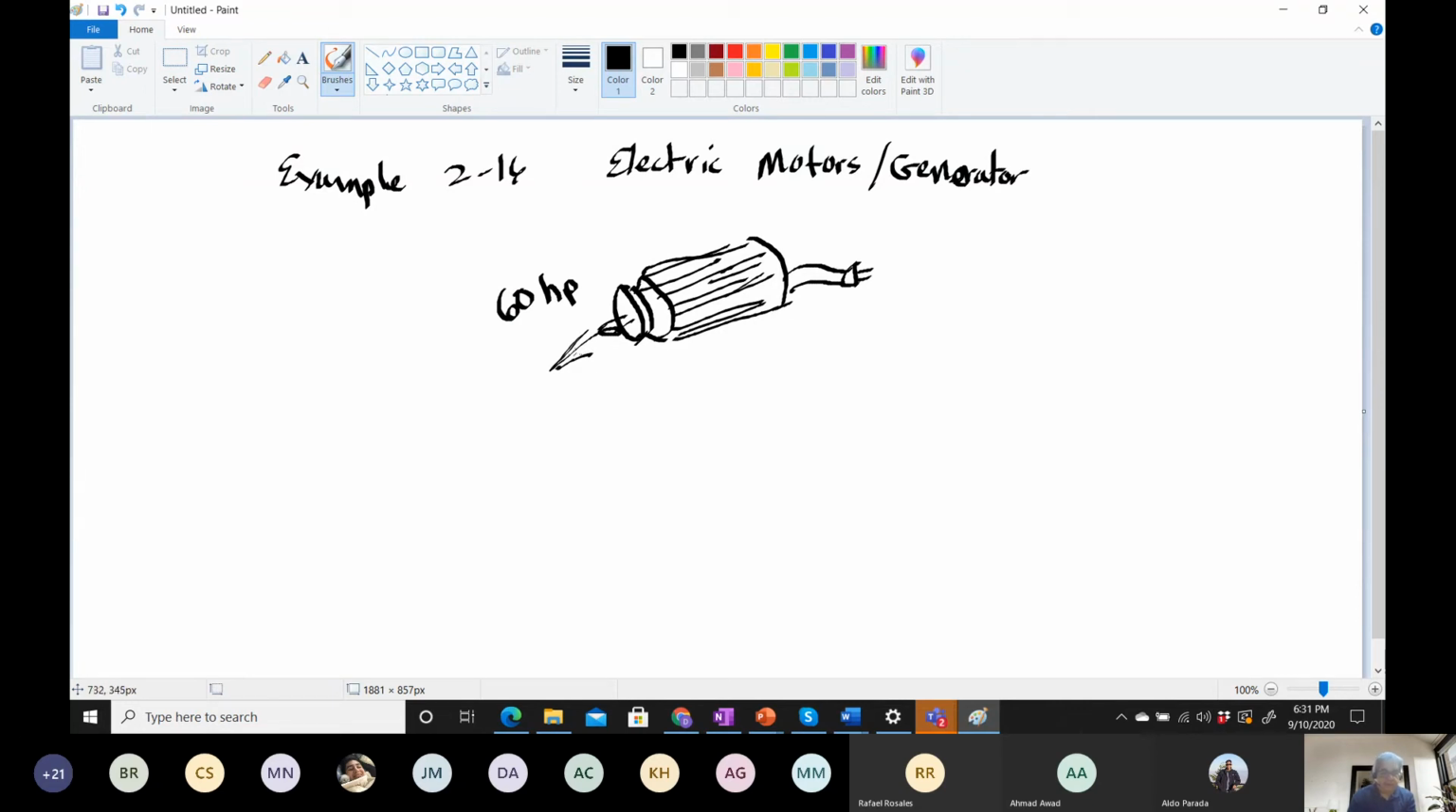So this is something important that you understand. The problem, I'll read the problem really quick. It says a 60 horsepower electric motor, and in parentheses, a motor that delivers 60 horsepower of shaft power at full load. So at full load,